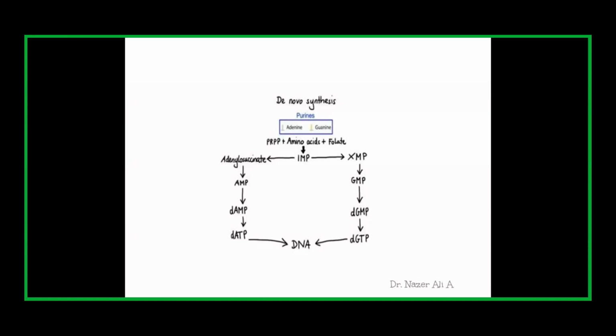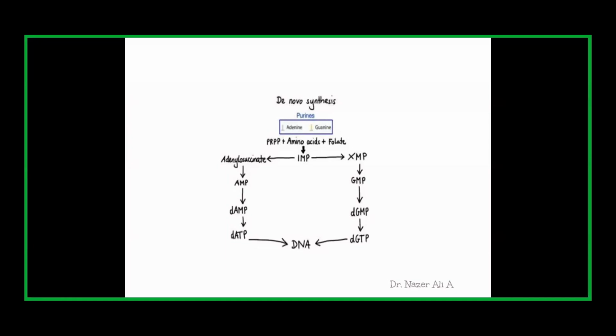And on the other side, this inosine monophosphate, with the help of an enzyme dehydrogenase, will form xanthine monophosphate. This xanthine monophosphate will be converted to GMP. GMP will be reduced to deoxy GMP. Deoxy GMP will be converted to deoxy GTP. Now this deoxy GTP will be converted to DNA. Now we have dATP and dGTP getting incorporated into DNA. This is how the de novo synthesis by which the purine bases like adenine and guanine are being synthesized and incorporated into DNA. This is a normal mechanism, and this reaction is being catalyzed by a series of enzymes.